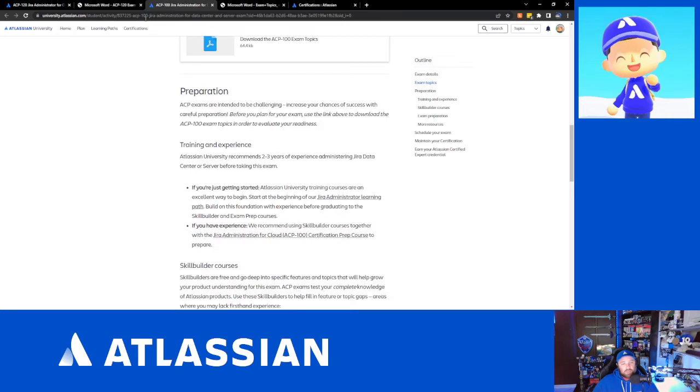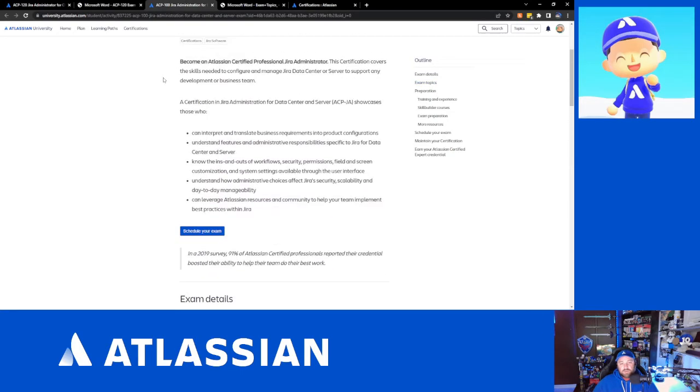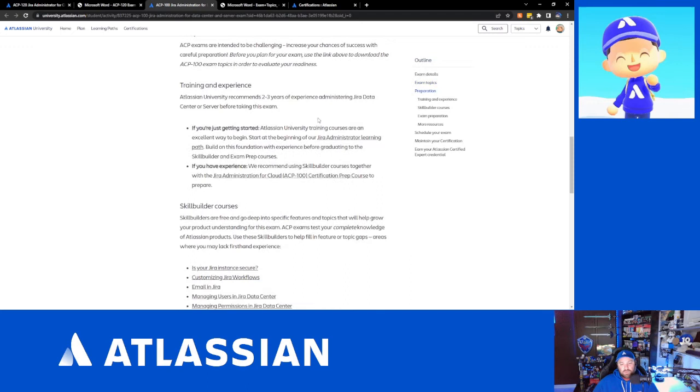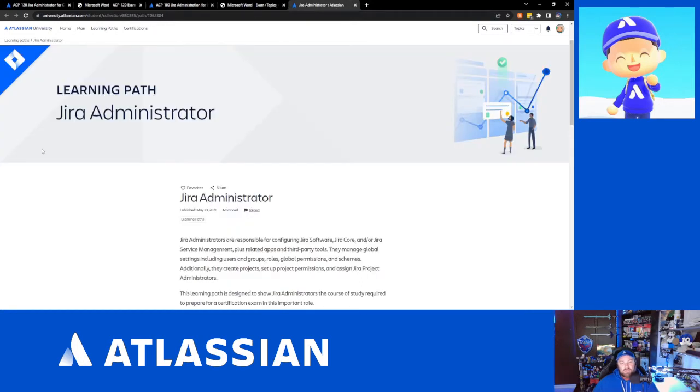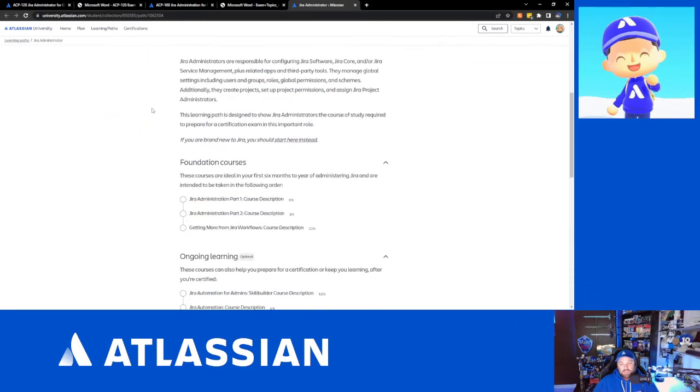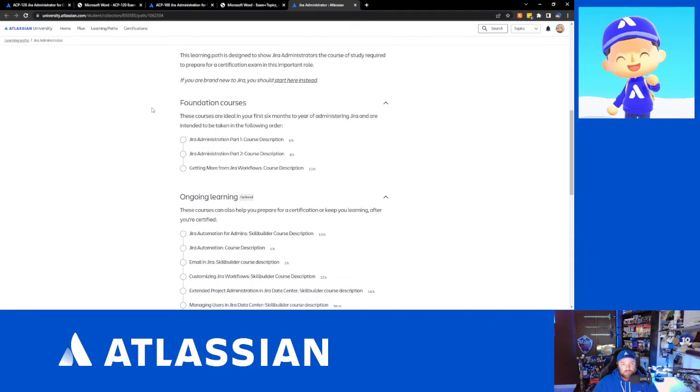Now, if I go over here, because I've already loaded up that page for the ACP-100, the one thing I did want to bring your attention to is the Jira Administrator learning path. This is something that Atlassian has added into their university site as of going to this new layout. This learning path is different than some of the other things we've done, in that for a Jira Administrator, this will really tell you how to get started. So this is going to show you the foundational courses. Not all of this is going to be free, but this is going to give you a sense of how you should